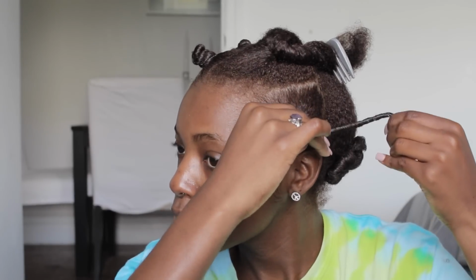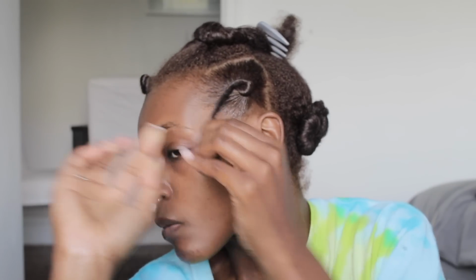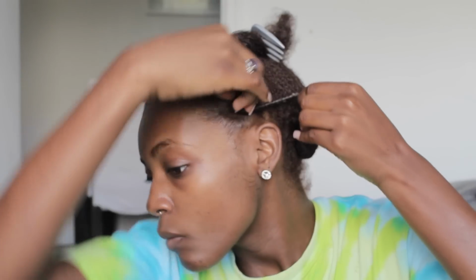Now, you can tell that I'm doing my twist very tightly. I don't have a sensitive scalp and this did not feel very tight to me, but if you do wrap your hair and at the end of the Bantu knot it does feel tight, don't worry, don't panic. Just simply twist the entire Bantu knot slightly in the opposite direction that you twisted it